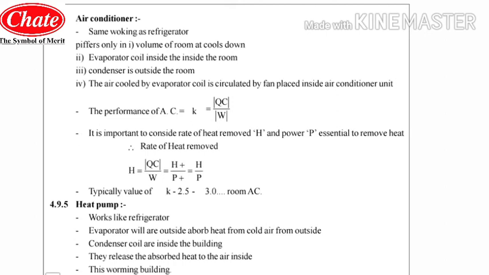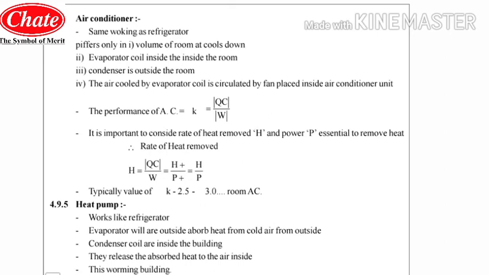Now students, we will see the heat pump. As we know, the objective of using a heat pump should be in your mind. Heat is transferred from the higher temperature point to the low temperature point, but we cannot transfer heat from the low temperature point to the high temperature point unless we are using some external power. So that external power we are using as a heat pump. So the heat pump will take heat from the low temperature toward the high temperature. For this purpose we are using the heat pump, or to do some work.